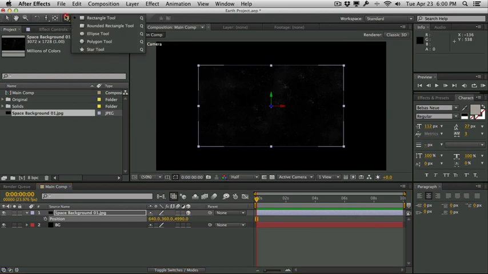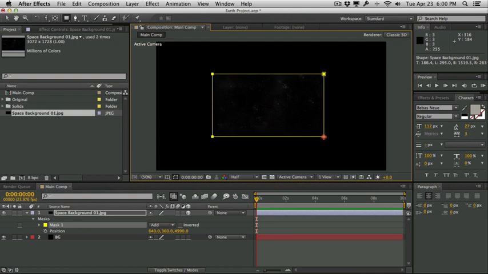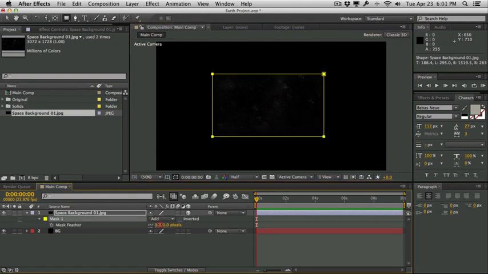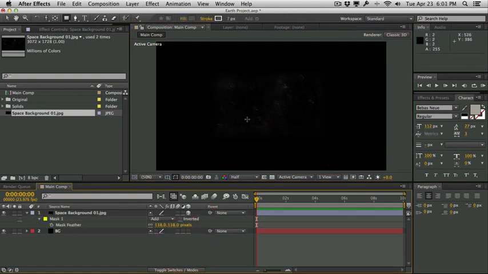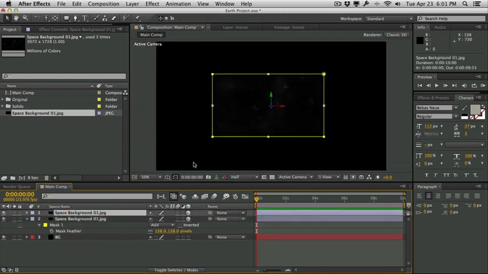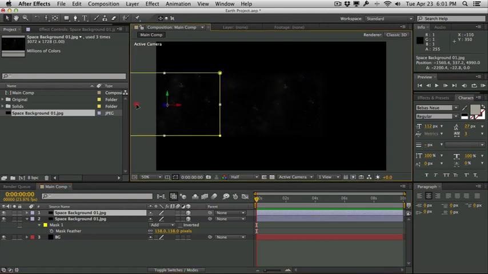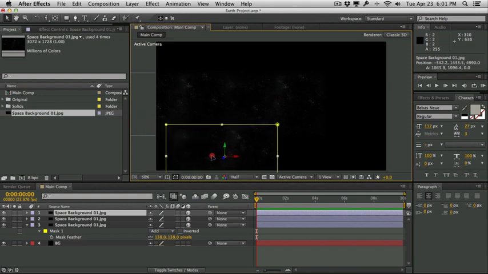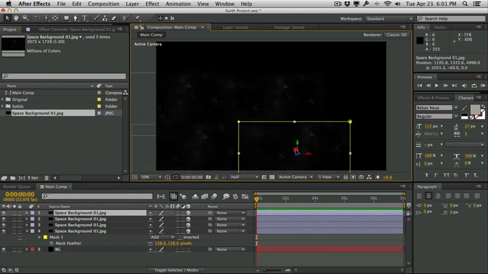I'm going to get the rectangular mask tool here and just draw a really rough mask. I'm going to hit F on the keyboard and feather the mask out a little bit. So we have a feathered background that you can't really see the edges of. And then I'm going to duplicate the background and just kind of move it around so we create this really big, large space here. So Control Command D to duplicate and just move this thing around